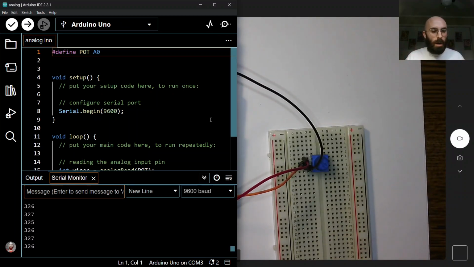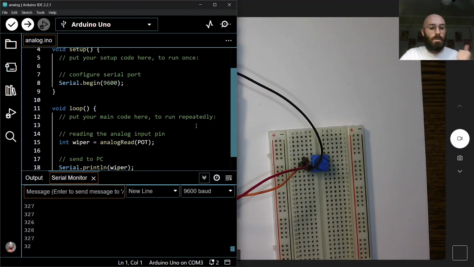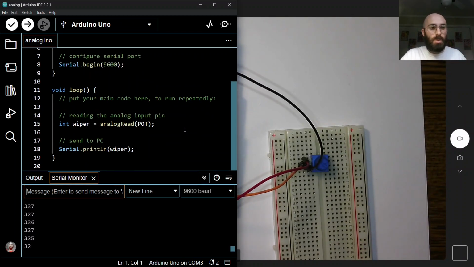It seems kind of odd, but 1023 is because 2 to the power of 10 is 1024. So what it's doing is it's saying we're representing this value as a 10-digit binary number, or a 10-bit binary number. And so that's why it's kind of that weird number there. So like I mentioned earlier, if we want to rescale this to a voltage value, we can do that. So let's try and rescale it to a